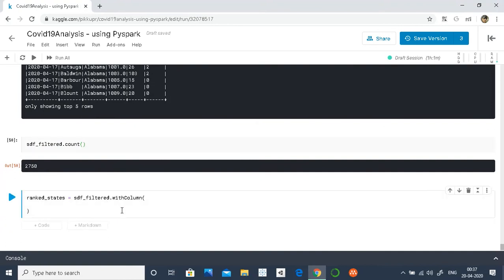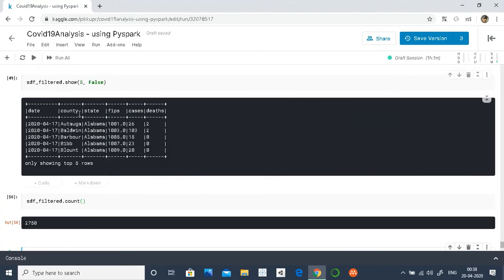In this we will create a new column, state rank. So what we are going to do now, we are going to rank the states. So rank, this is as usual over. Inside this we will provide the condition. Earlier we simply wrote window dot order by, but if we do that here, then irrespective of the county, it will just rank the states based on their cases.